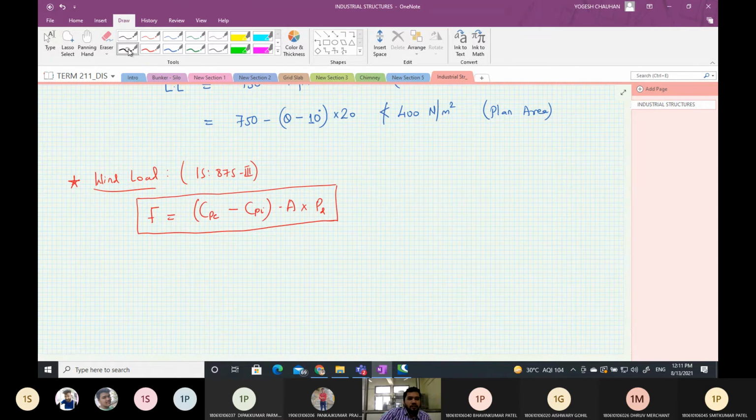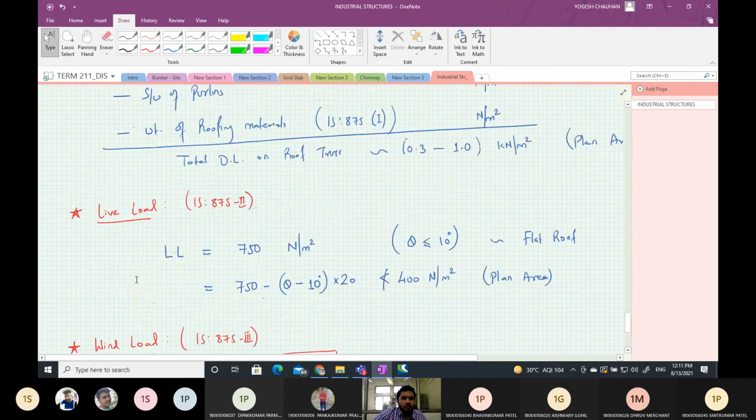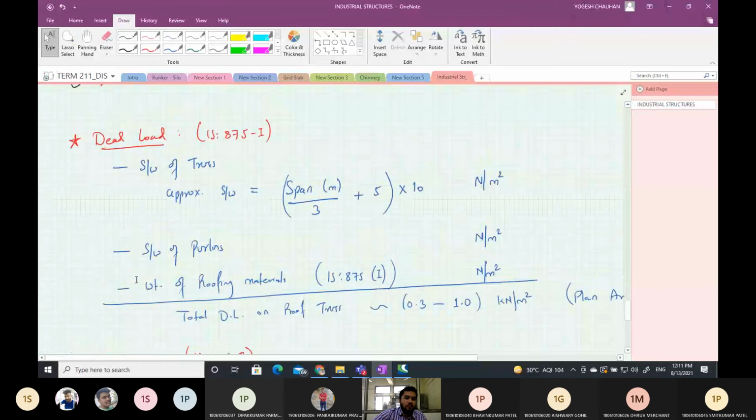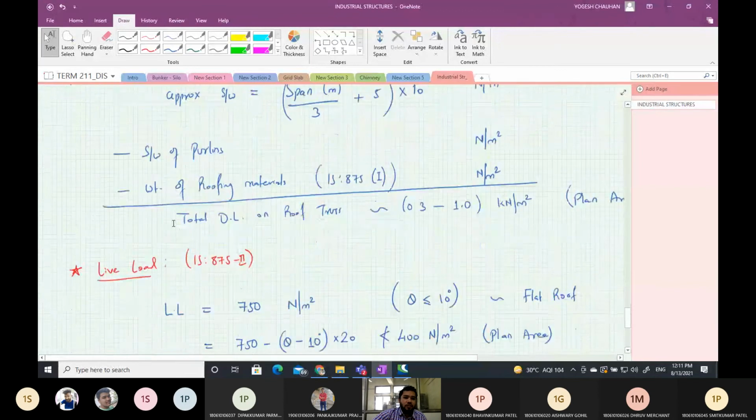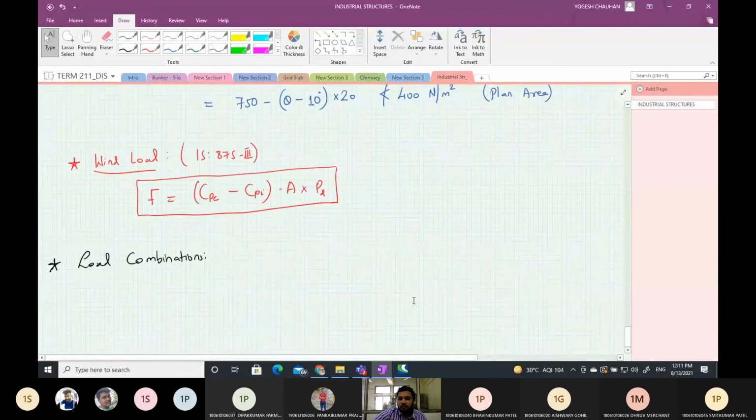Now let us see the load combinations. These loads are acting simultaneously, so their combined effect should be considered.